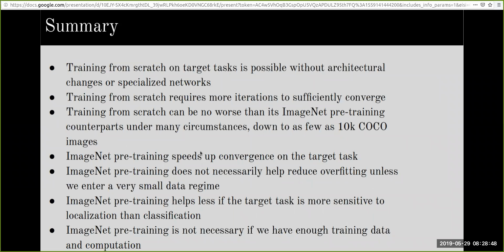As said, the pre-trained models are very domain specific. A pre-trained model which is trained on ImageNet data can only learn features which it has seen from the images in ImageNet, and it is also more specific to the kind of task for which it was trained, which in most cases is object classification. So that doesn't always do well for tasks which are more related to localization.